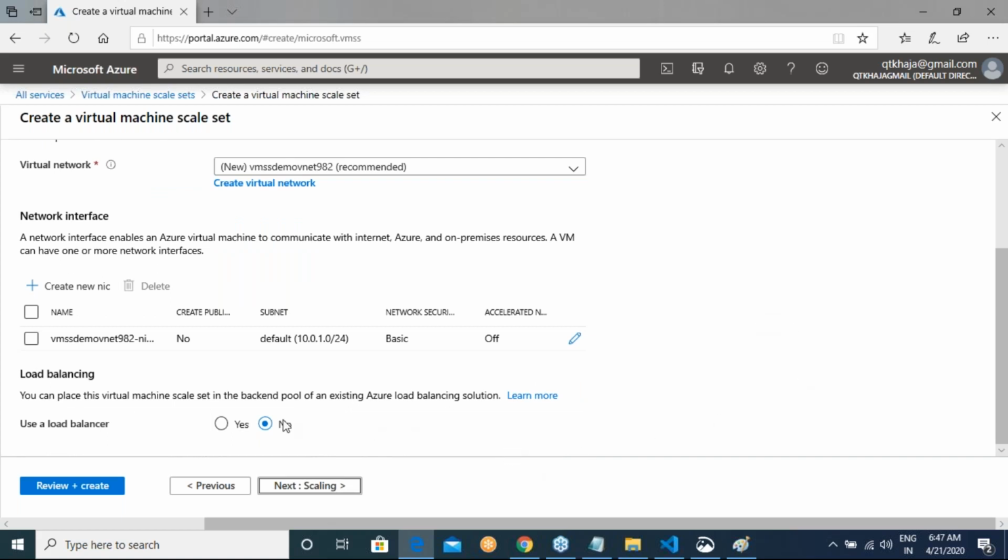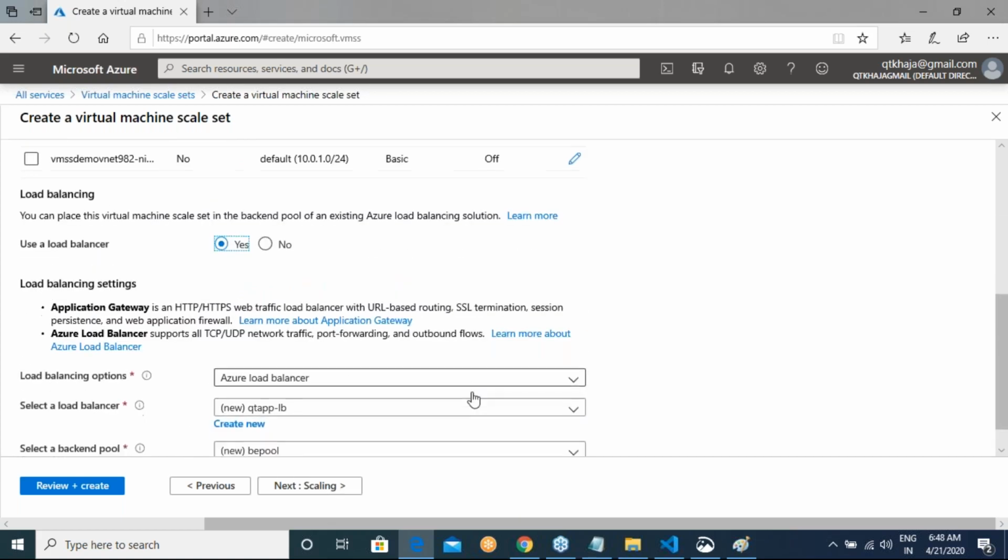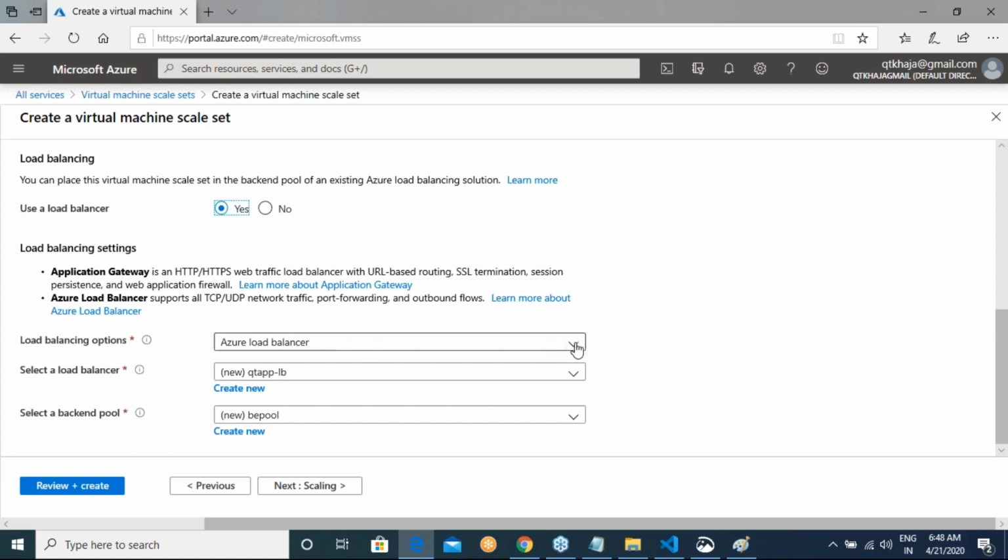Okay, while creating this, it is asking, do you want to select a load balancer? Do we have a load balancer already? Yes. Okay, now what is the load balancer which we want? I want the Azure load balancer.